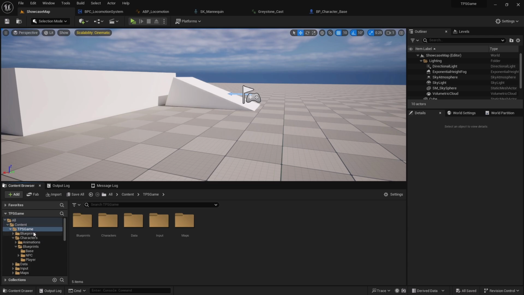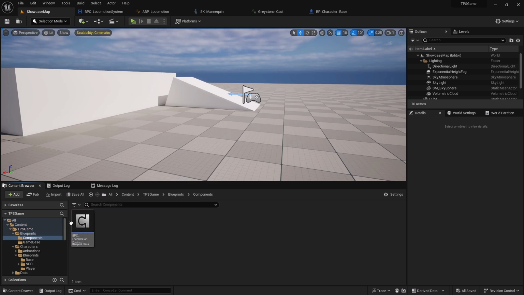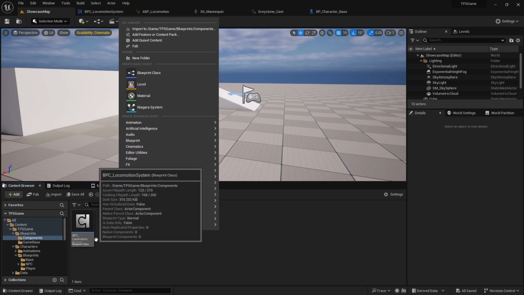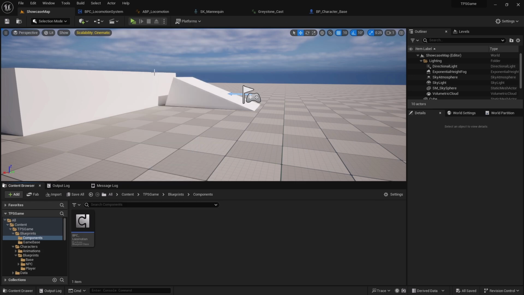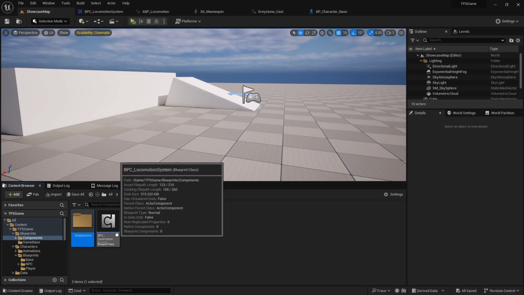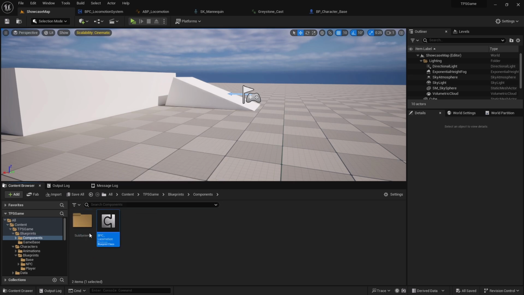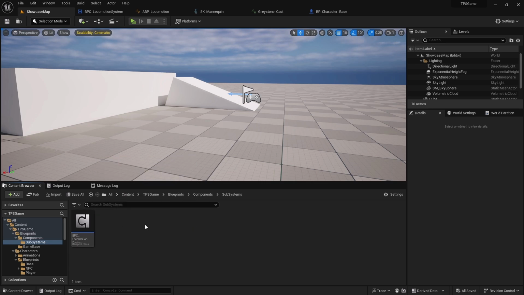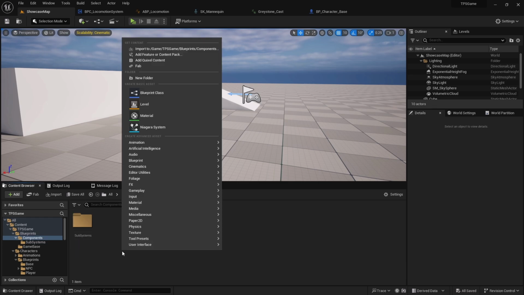Okay, so I'll go to the blueprints and components, and this is a subsystem actually in our game. So I will create a folder called subsystems, and I'll move this locomotion system inside that specific directory, right? We'll be having multiple different subsystems like that, for example locomotion system, map system, maybe pedestrian AI system. So I will use this directory to organize those things. And